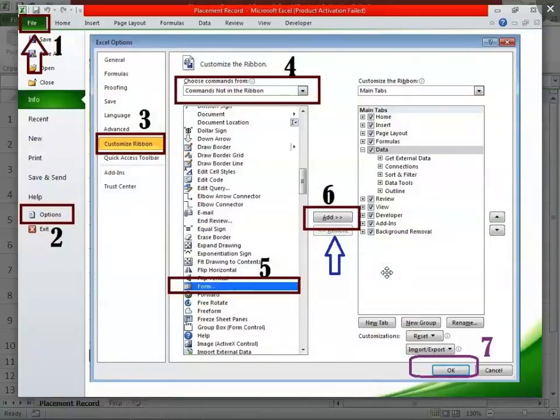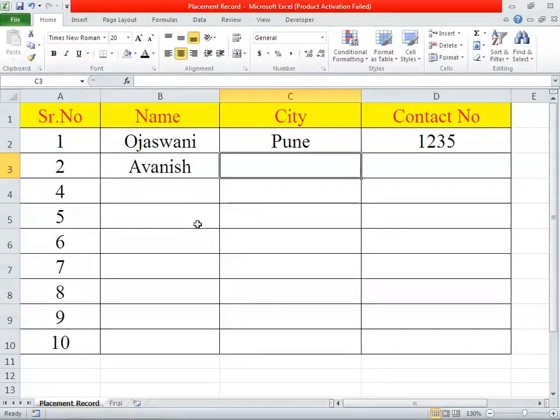This is a hidden feature. That's why we have to select, at the top, Commands Not in the Ribbon, which are hidden from the normal user. We will check it. So this is the template we have created. If you have 1,000 fields, no problem at all, we can create a template for the Excel sheet. We can add it anytime.